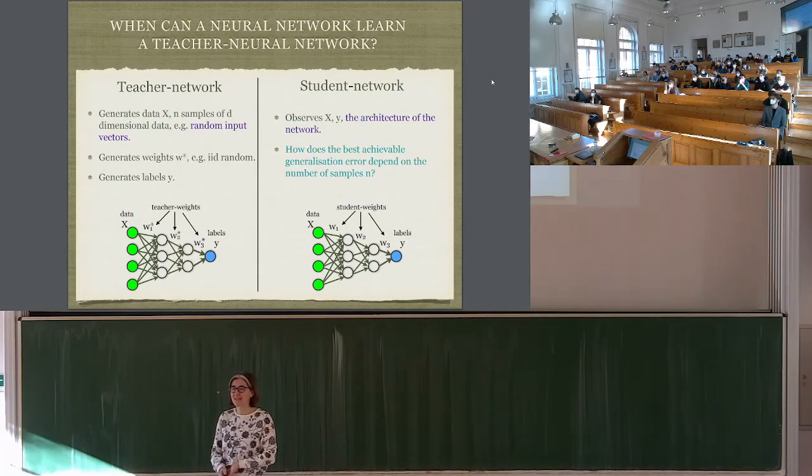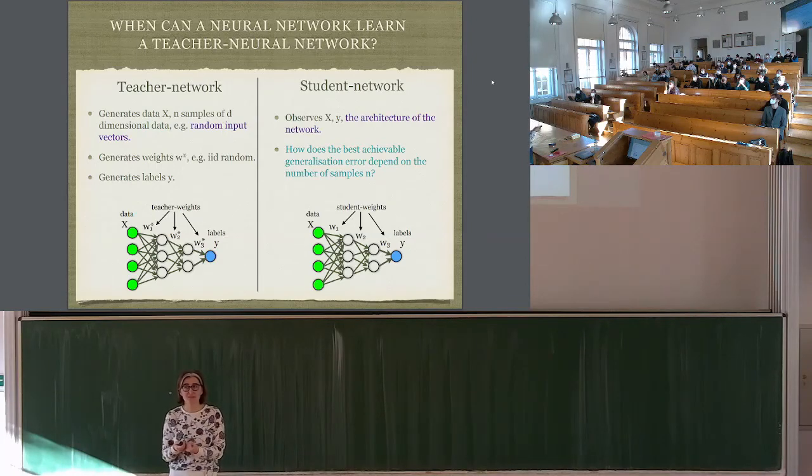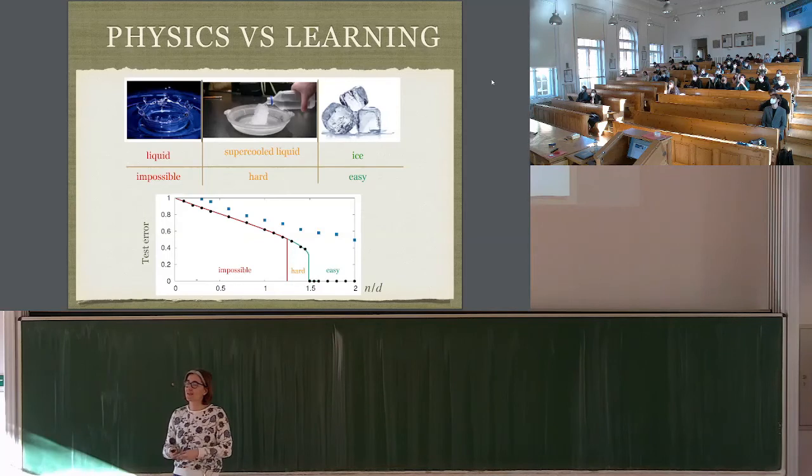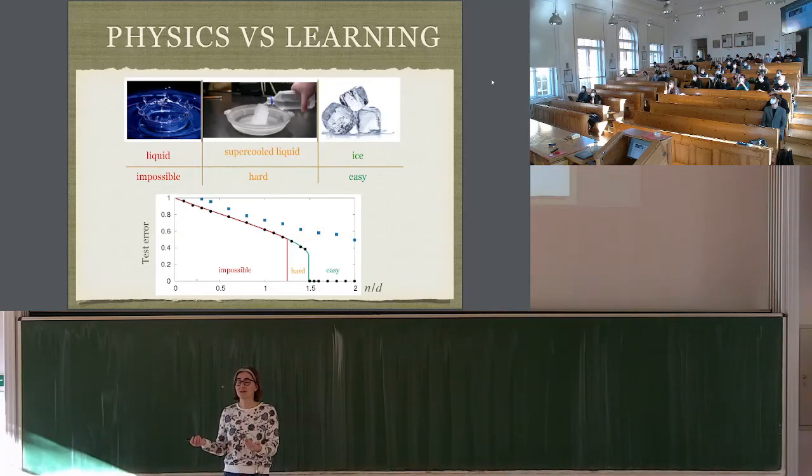And there's some simplified settings. So I will not really be explaining the details of this one. In physics, we always do some simplified models that put aside the details that hopefully are irrelevant, but keep in the details that actually are responsible for the behavior. And again, fishing in some physics papers that are 30 years old, we actually get a behavior with phase transitions of the very same type that I was describing for the card game, but this time in these neural networks. In these neural networks, learning to recognize cats from dogs.